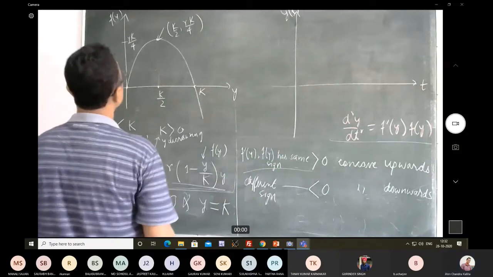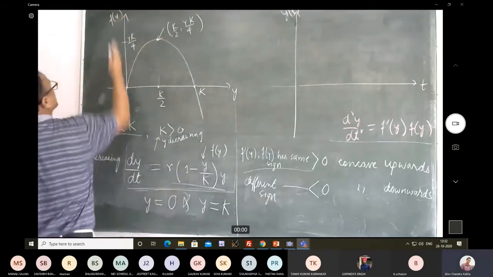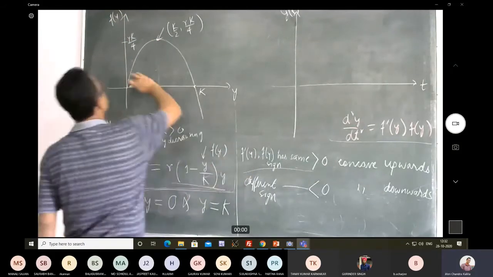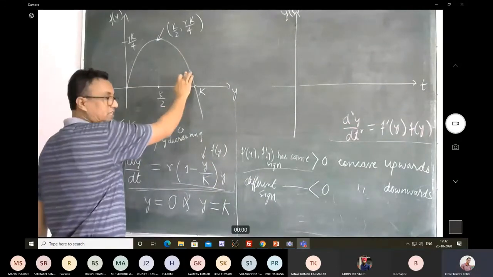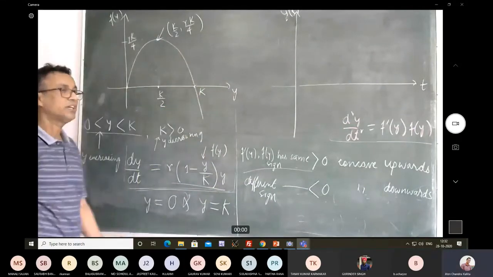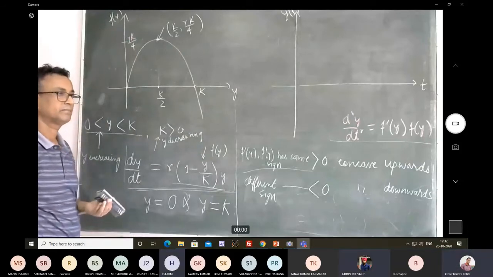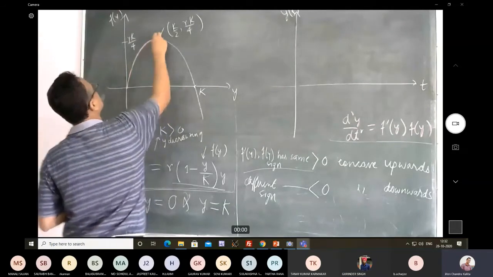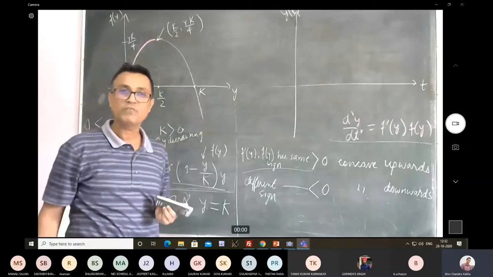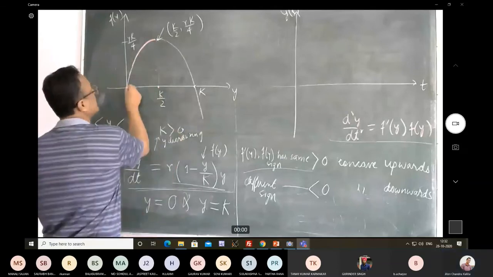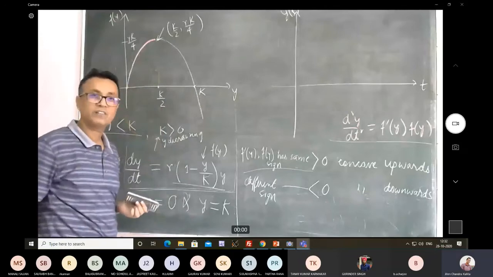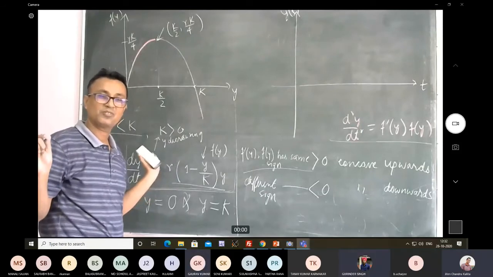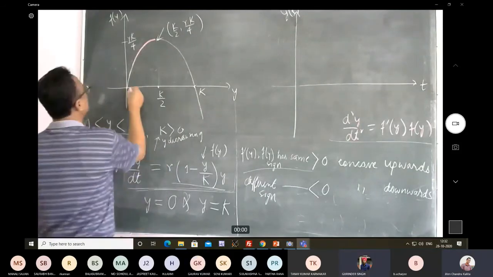Here the vertical axis is f of y. And f prime y is nothing but the slope of this graph, isn't it? Because this is y versus f of y. So in this portion you can see that f prime y is positive, as well as your y is also positive, right? Are you getting my point? So in this portion,